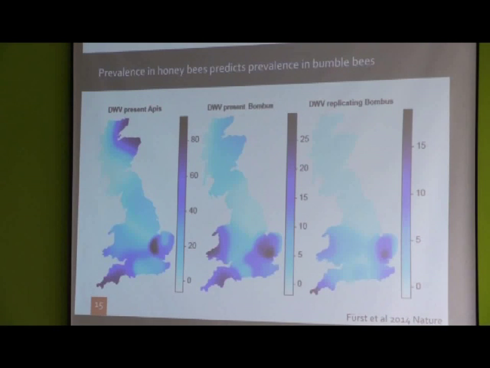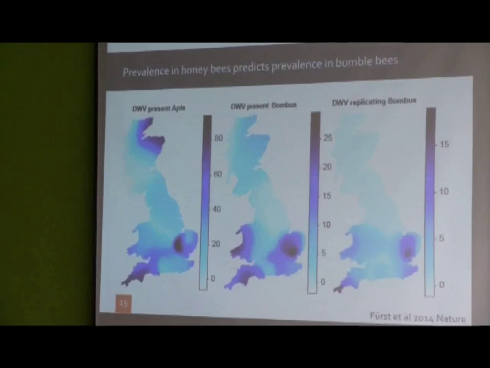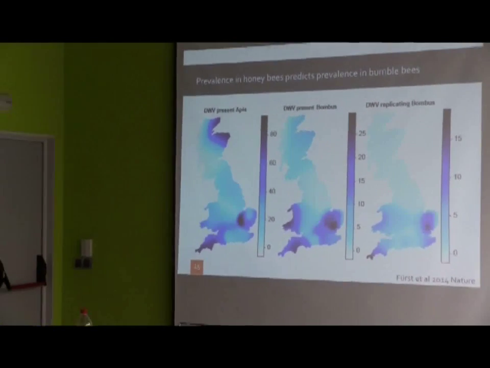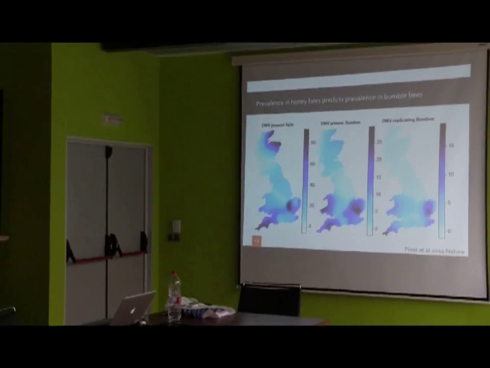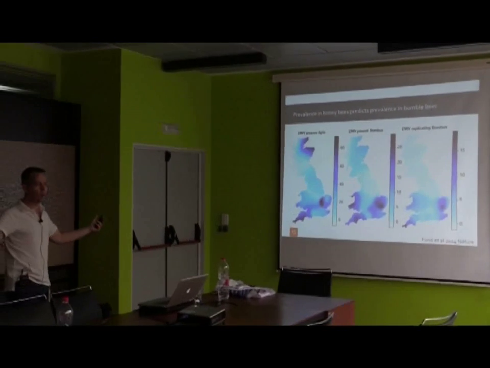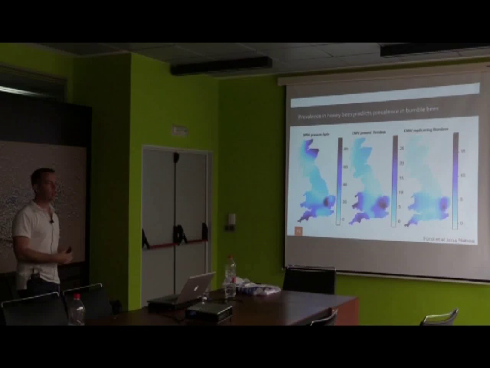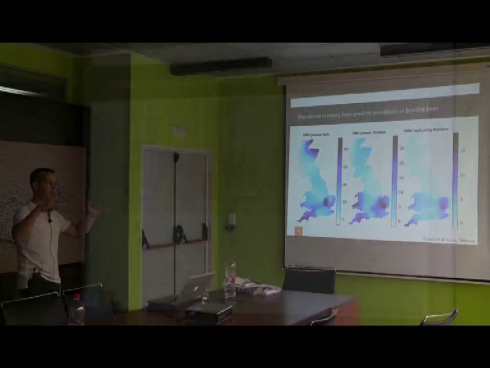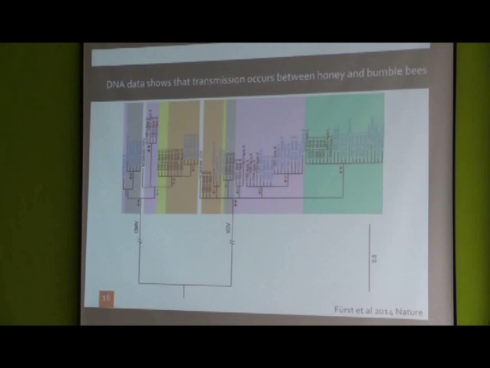However, this doesn't tell us necessarily that it really is that pattern. It could be that the bumblebees are just more resistant and that in some areas transmission is easier because of the structure of the landscape again. So if you've got areas where there's just a single crop and all of your pollinators are foraging on it, the chance of transmission is going to be much higher than if there's a very diverse array of flowers where bees can actually partition where they forage and split those resources. And so to see whether it really is direct transmission from honeybees to bumblebees, we did some sequencing and created a